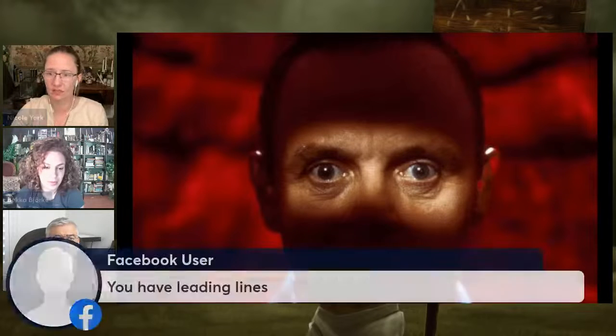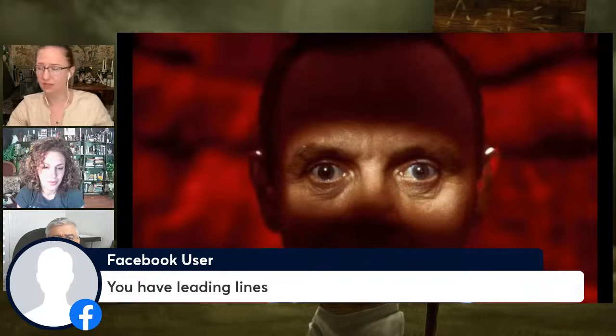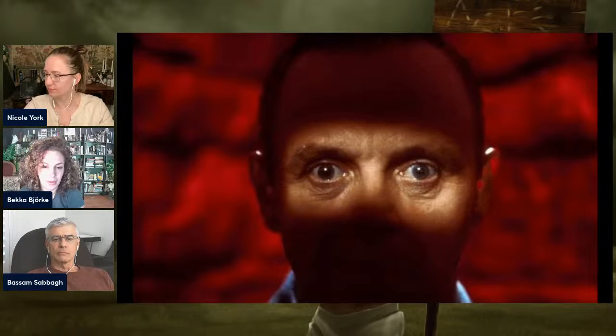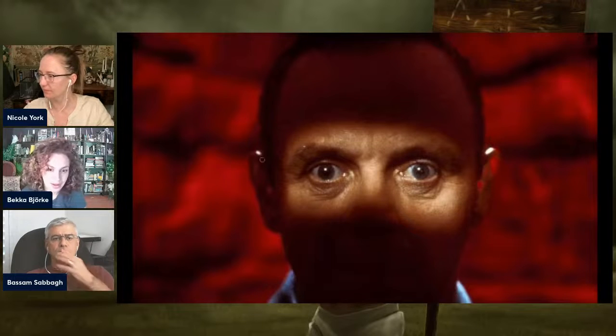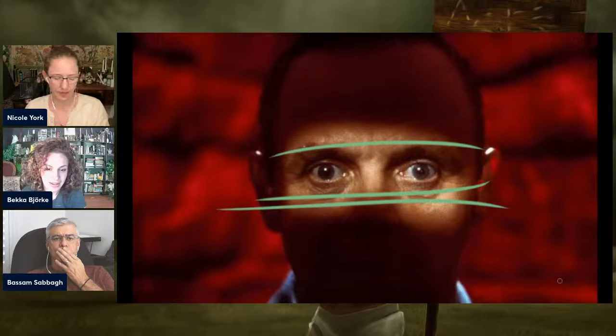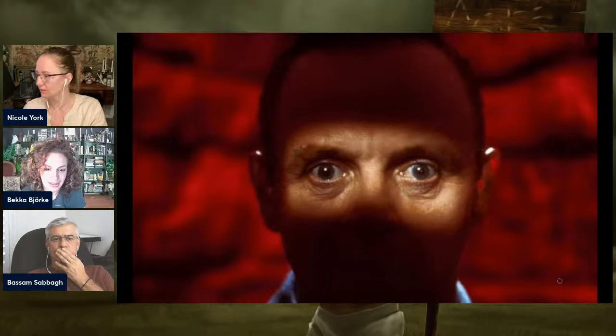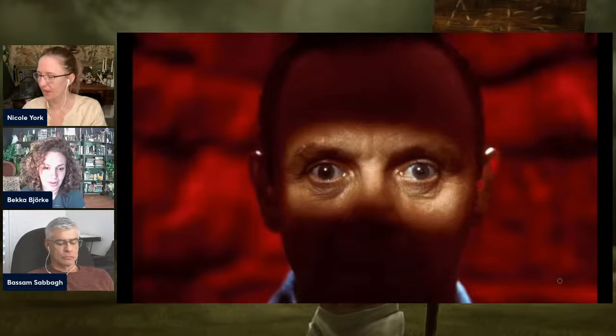Also, leading lines, mentioned by our friends in Facebook land. You even have that framing with that noir style lighting that has a name I can't remember. And that very intentional use of shadow, creating negative space where obviously there are things, but they're not important. I also like this blue.